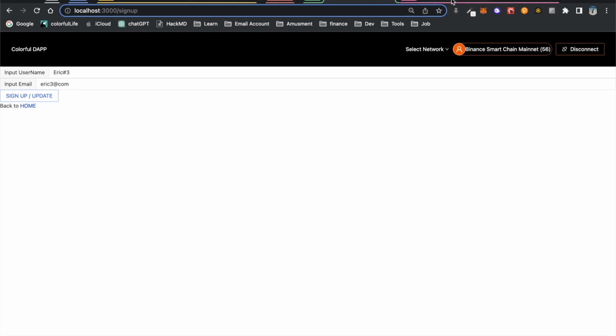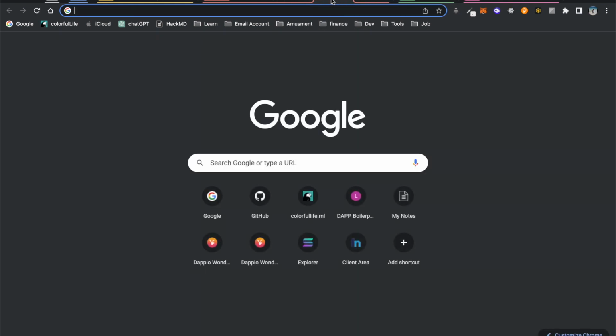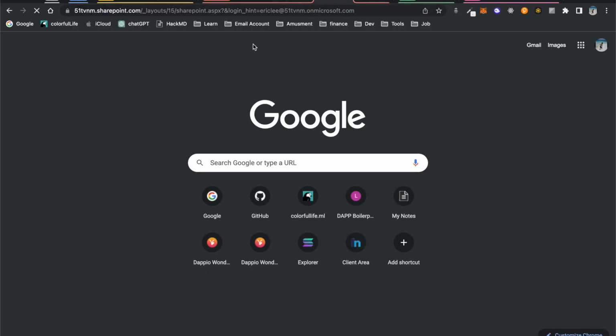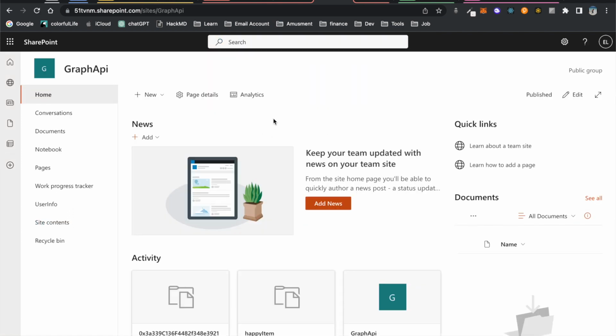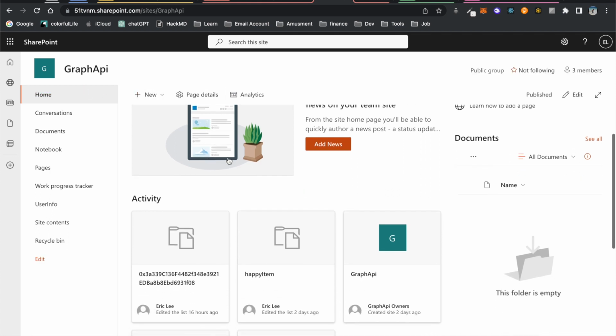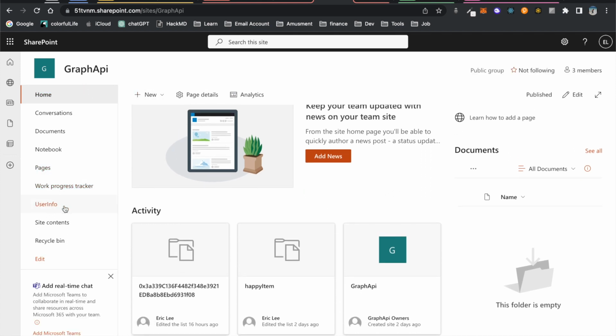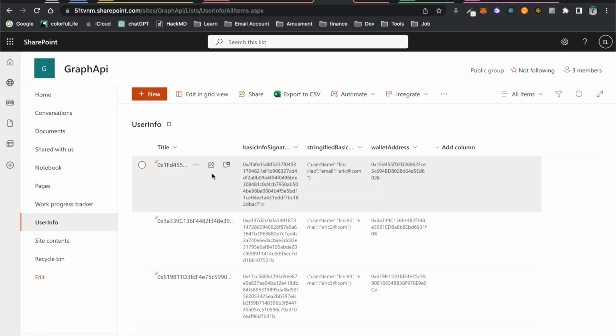So let's get to our SharePoint to see if it is really working. This is the SharePoint website that I have created called Graph API, and then there is a list called user info that I also created by clicking new and then list, and then you will be able to create a whole new SharePoint list. And then let's just get into my list, and you can see here there is an Eric number 3,